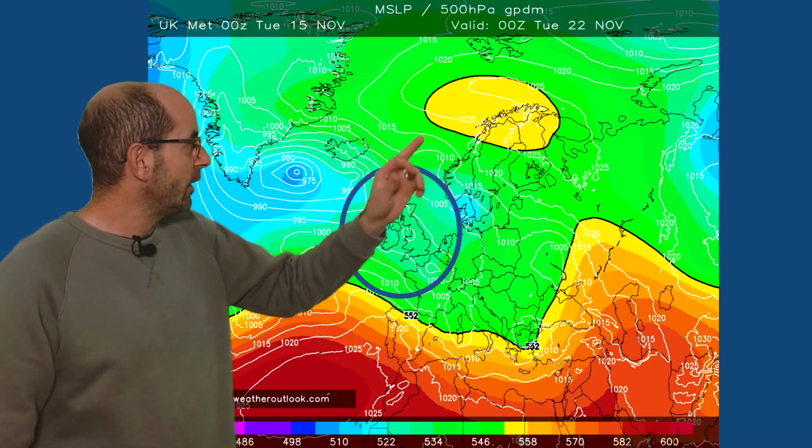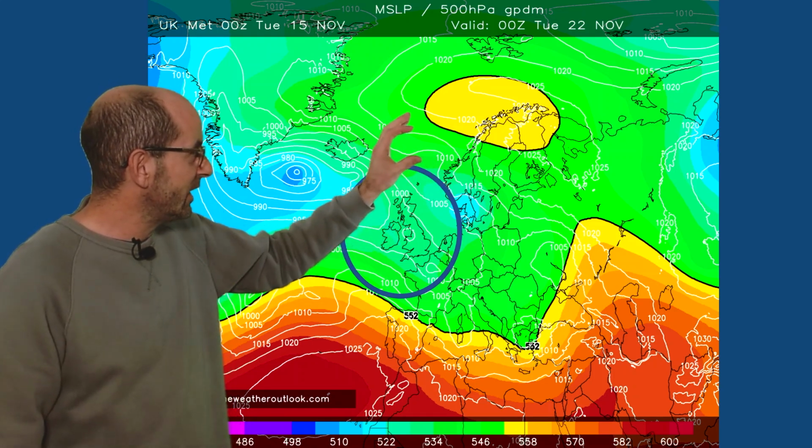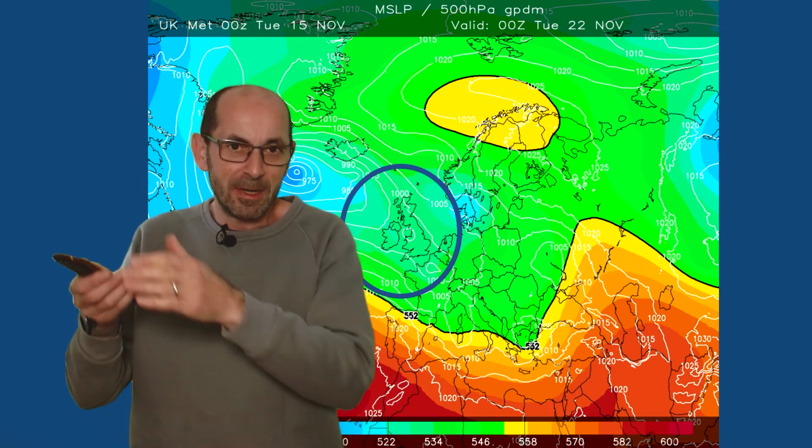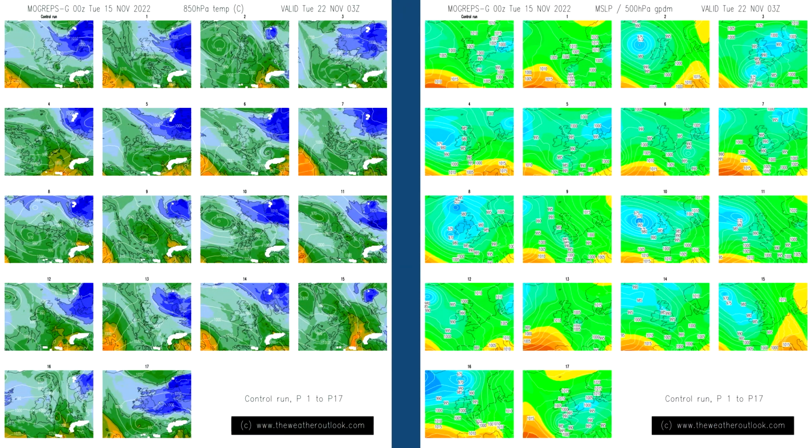Finally, the UK Met Office global, high pressure sitting up there over Scandinavia, possibly extending further west once more, suggesting there is some chance of colder air being pulled at least into the northern half of the UK for a time. And just to look at that possibility in a little bit more detail, the two postage stamp charts, as they're called here,